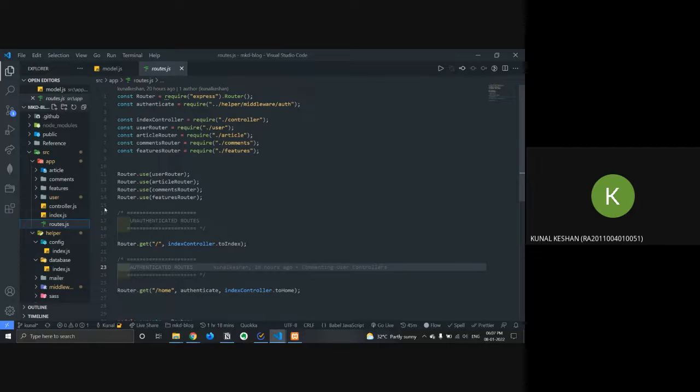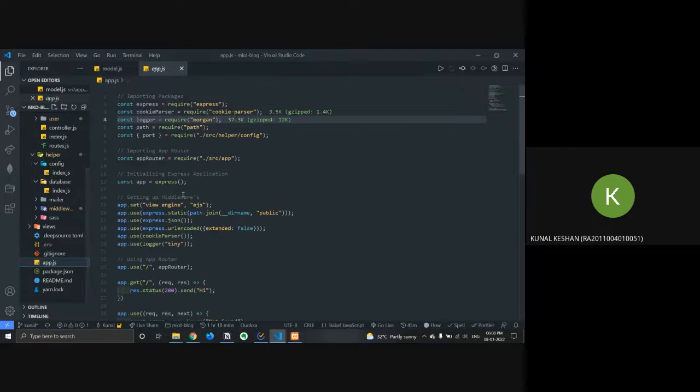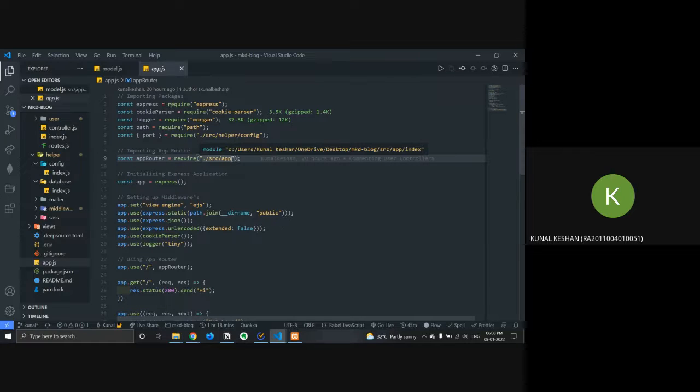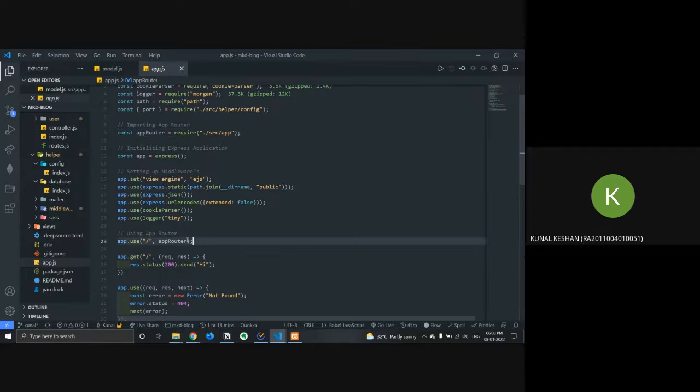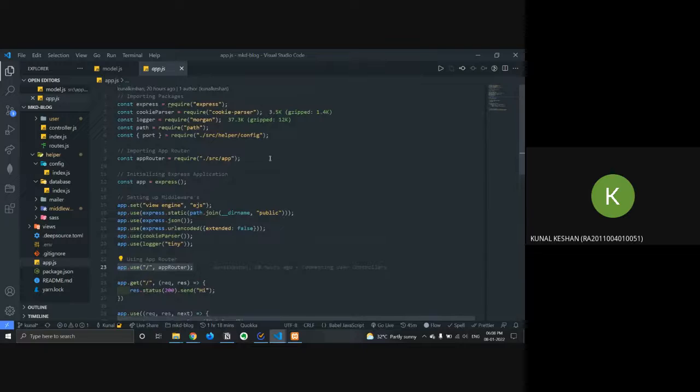I know it seems a bit complicated having separate routes and separate index, but it keeps the code clean and organized. I have to just export it one time and come to my app. So it has the app router. As I mentioned, if it's an index file, you don't have to specify it. It will automatically look for it. And I'm just using the app router. As simple as that.